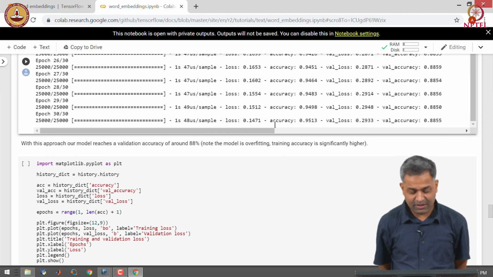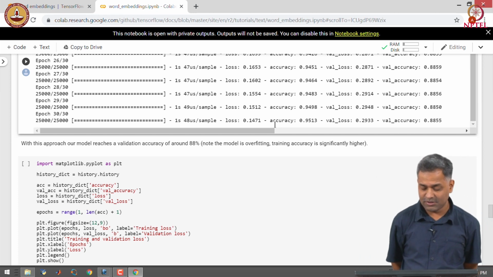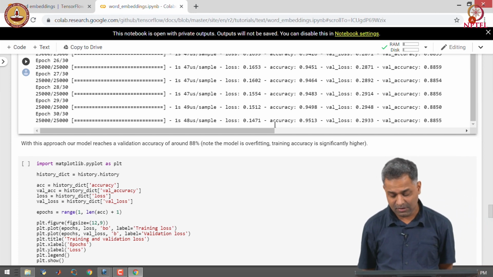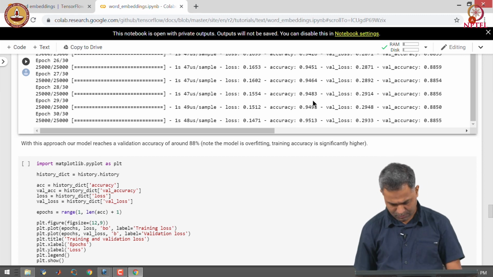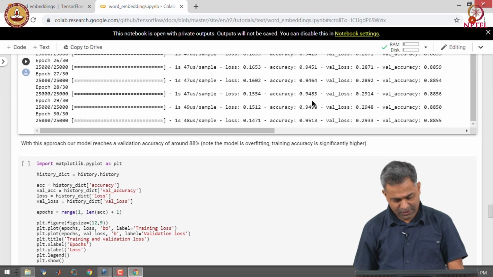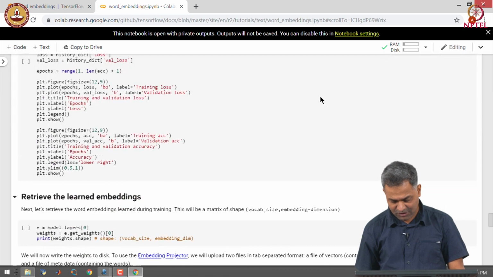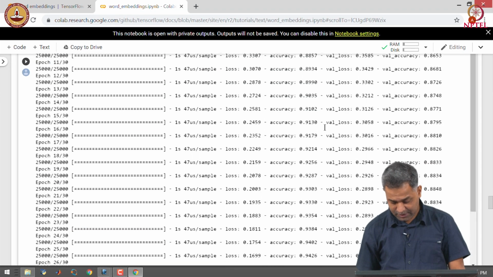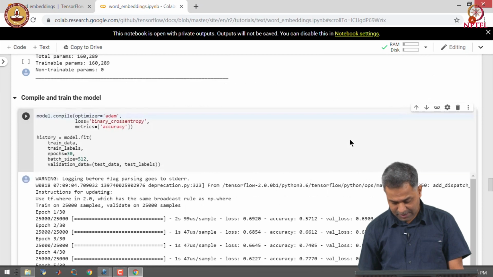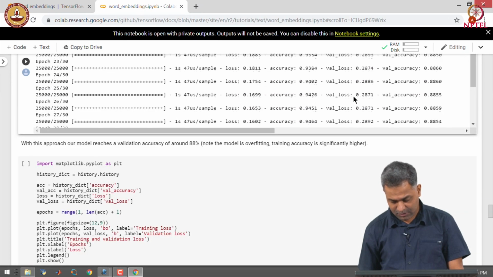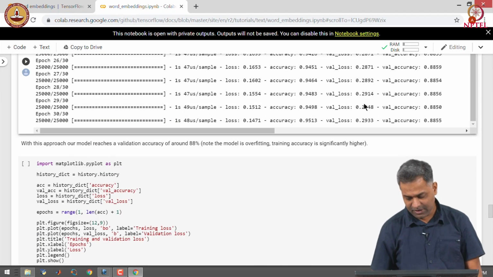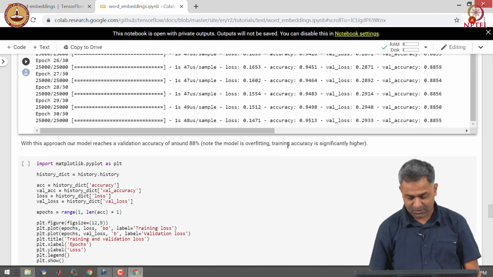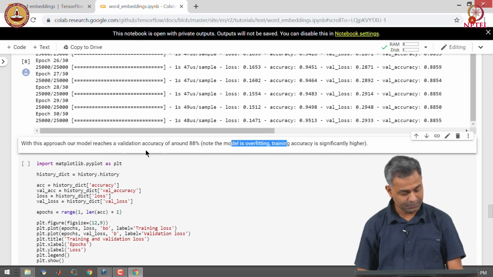At the end of the 30th epoch, we achieved accuracy of 95% on the training data and about 88.5% on the validation data. You can see that the validation loss decreases and then shows some signs of increasing again, which points to the possibility of overfitting.